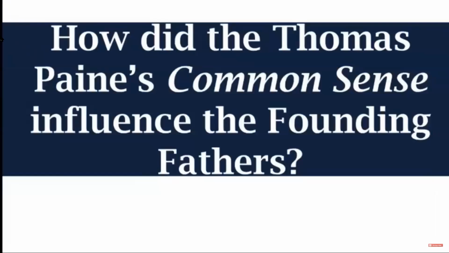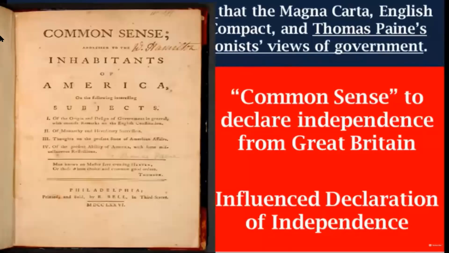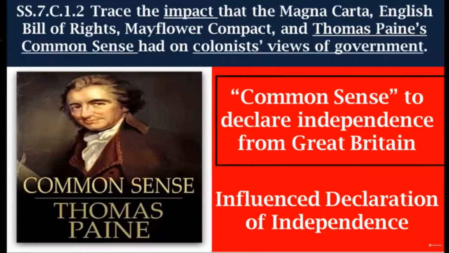What was Thomas Paine's Common Sense? Thomas Paine's pamphlet, Common Sense, came out in 1776, a year after fighting between the British and the colonists had already begun in Concord and Lexington. Now, this was a small book or pamphlet, so if you see the word pamphlet, you know they're talking about Paine's Common Sense. It was explaining why it made common sense that the United States, still part of Great Britain, should be its own country.